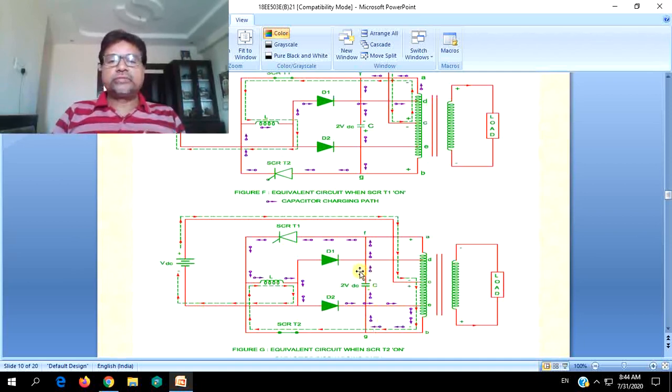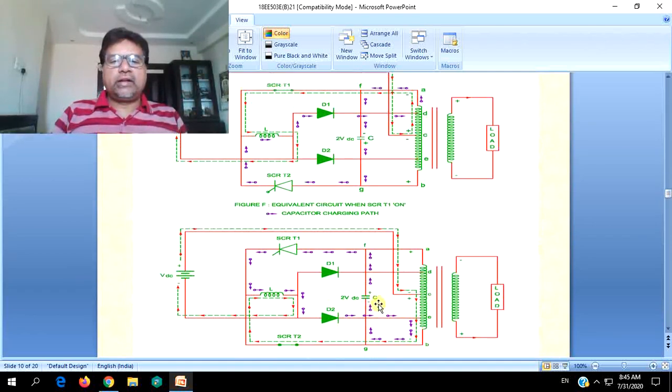Because of this, now the load gets voltage from the lower half of the secondary. It will be equal to VDC again, but it will be reversed as the direction of the current and voltages changes. The load will be getting reverse voltage, and the capacitor gets charged to a voltage of VDC again, but in the reverse direction when compared to the first case. That is, the lower half will become -1 now. And this continues till T1 is turned on.